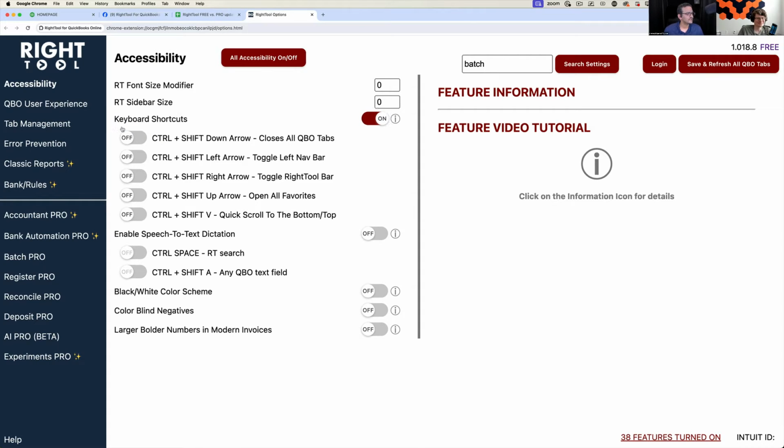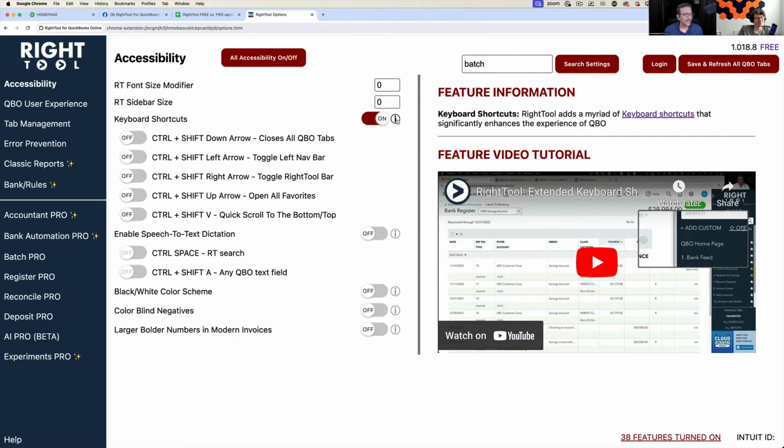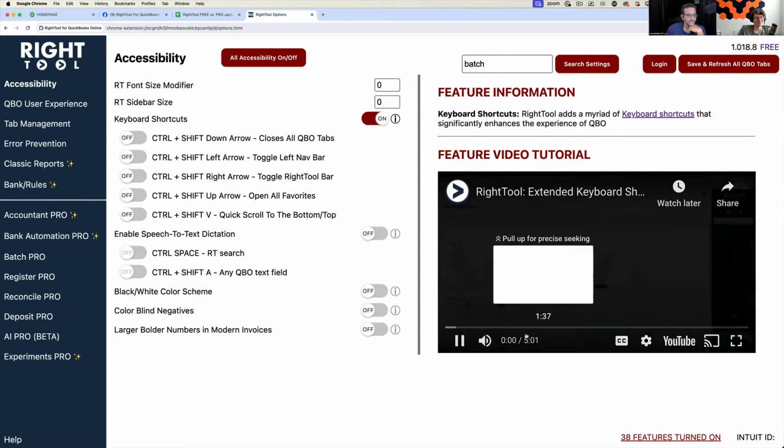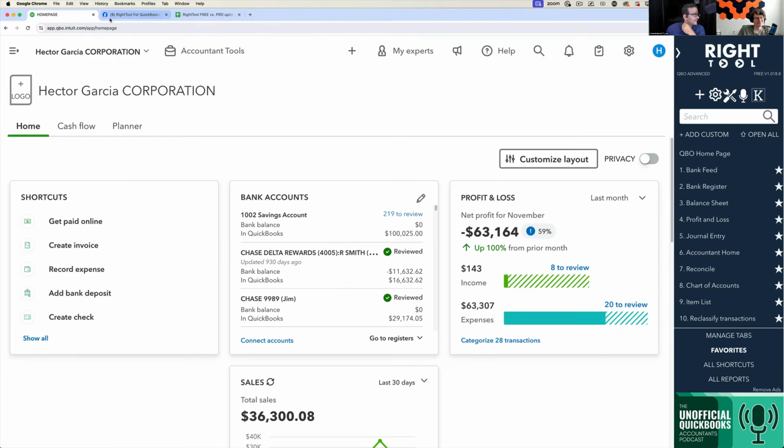So let's talk about exploring these settings for a second. When you click on the information button or the little icon next to any of the toggles, you get a description of what the toggle is. And again, that description would be what the search can search for. And you're going to see a YouTube video. Sometimes they're 30 seconds, sometimes it's 2 or 3 minutes explaining how that feature works. You can play within it, or you can maximize the screen or go straight into YouTube if you can watch it in YouTube. Now, I'm going to X out of that and come back into QuickBooks Online,